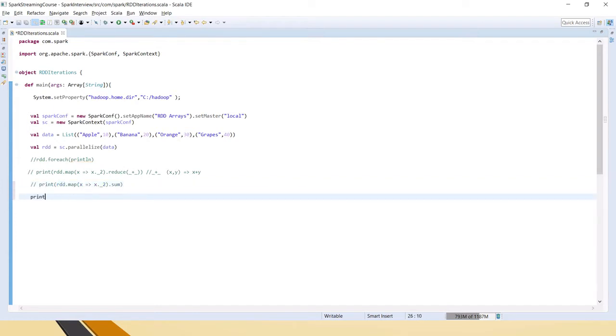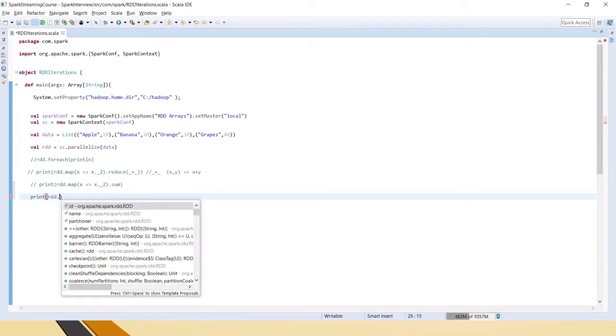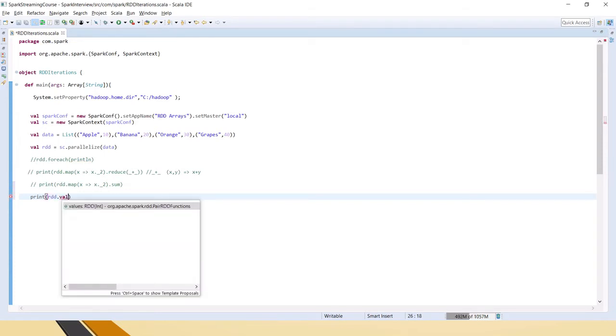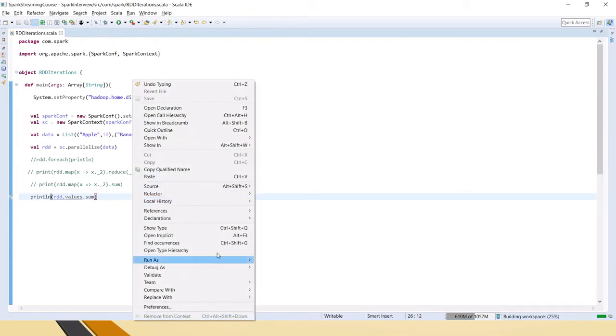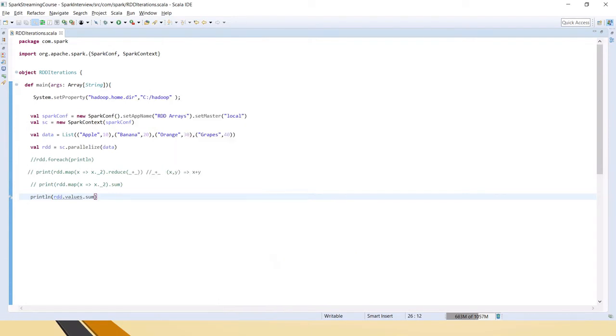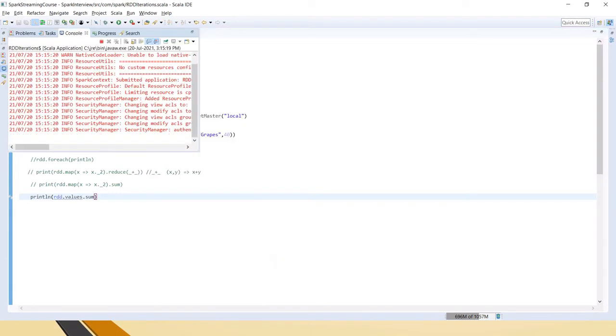Another way of doing that is, if the list has data with a key and value pair kind of structure, then you can use values as well. Then again you can use sum. Because I am using print, you are seeing continuous output; after 100 there is no new line, the log has continued in the same line. Now we can clearly see that one line is left after this one.